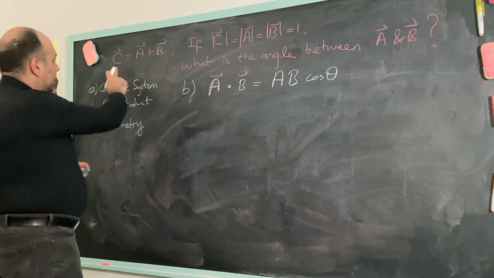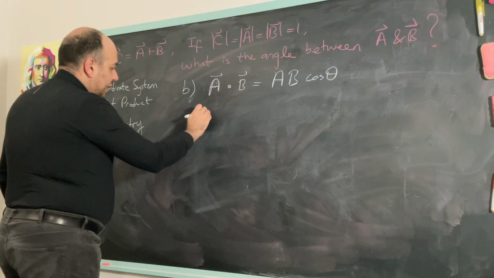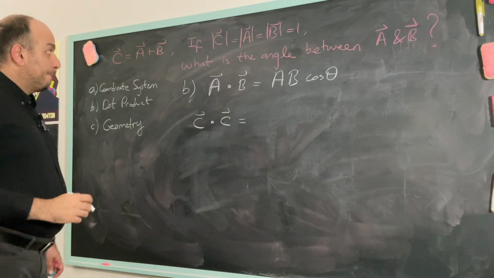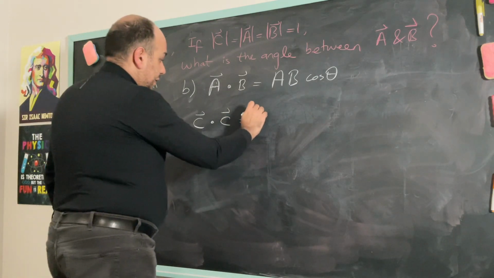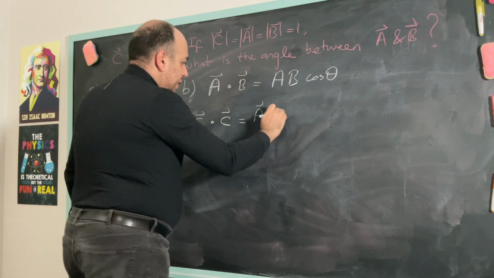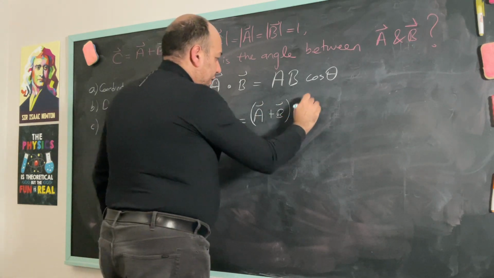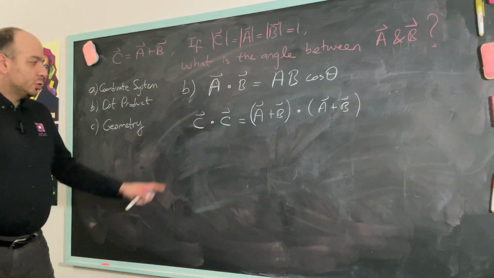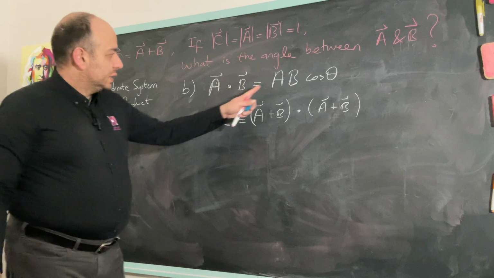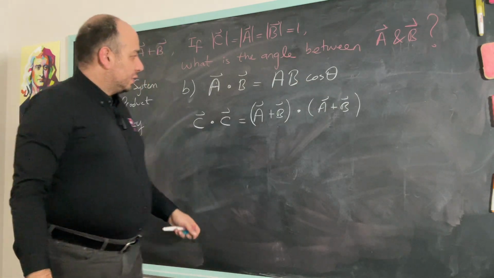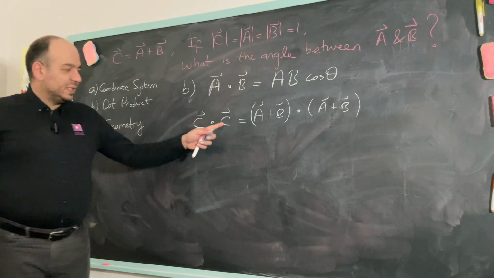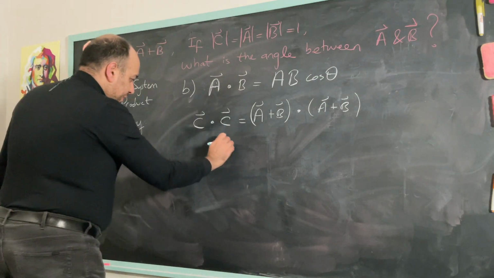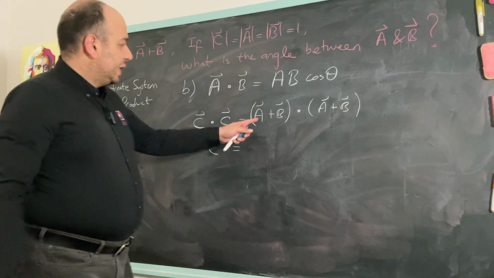Okay, so we know that C is equal to A plus B. If I do the dot product of C with itself, what do I get? I will get A plus B dotted with A plus B. So what is C dot C? C times C times cosine 0, right? The angle between C and C is just 0 degrees. Cosine 0 is 1. This gives me C squared, which is equal to